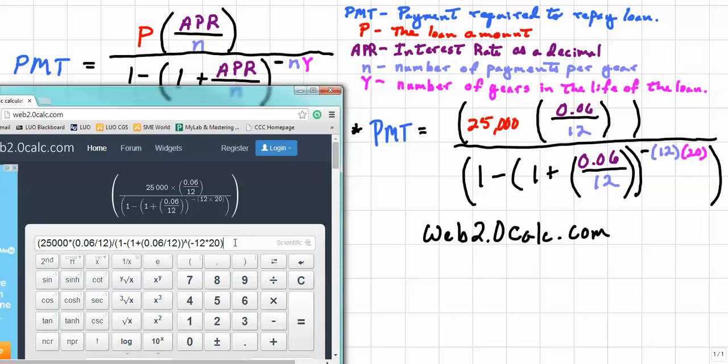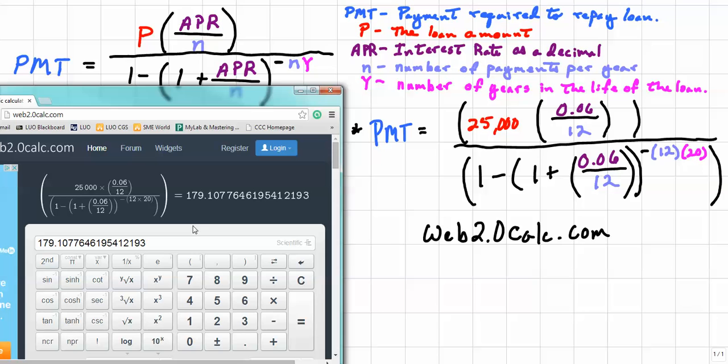Okay? And now you'll notice that these two sets of parentheses have been closed. However, this last one has not, so we're going to have to go ahead and close it. And this really is what happens to a lot of students where they get the incorrect answer, is they have not closed the parentheses correctly, and they have not inputted the numbers correctly. Now you'll notice up here where I've just highlighted in blue, it is exactly how I've got this entire formula typed in. So we'll go ahead and left click equals, and I get this answer right here,